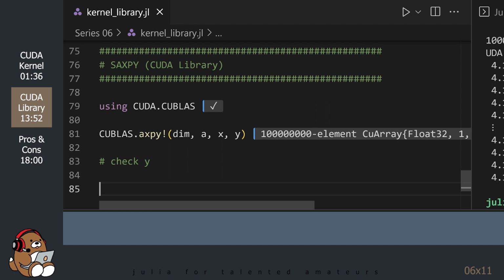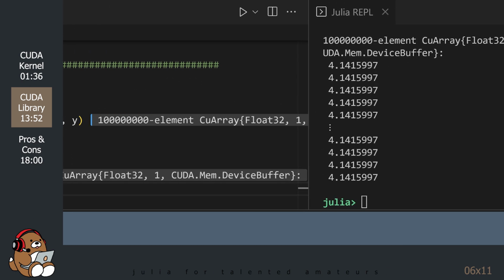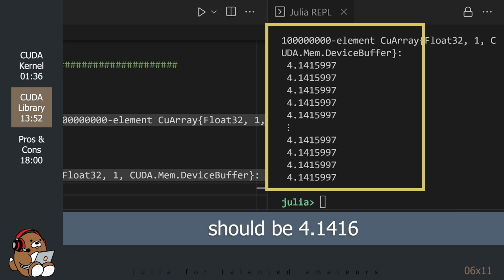Just to check, let's take a look at the variable y. As you can see, it's a CuArray with 100 million elements, but the values are slightly off. Interestingly, using this built-in library is not as precise as using Julia's broadcast operator, or using a custom CUDA kernel.